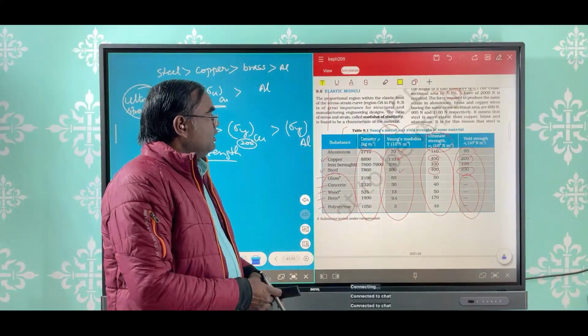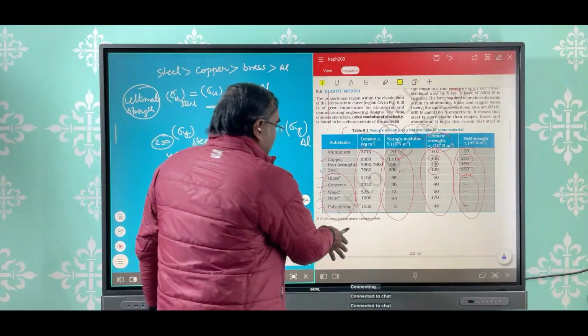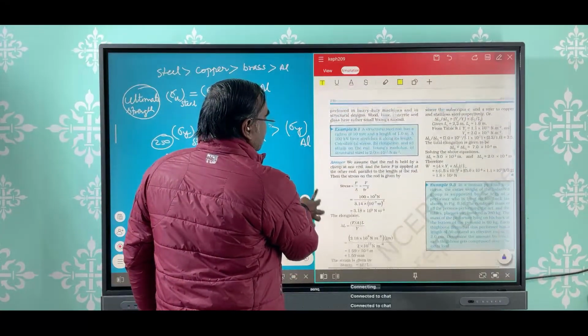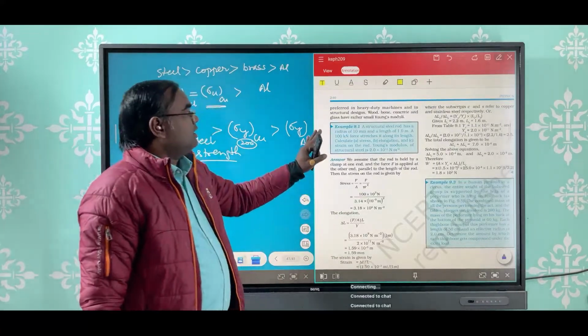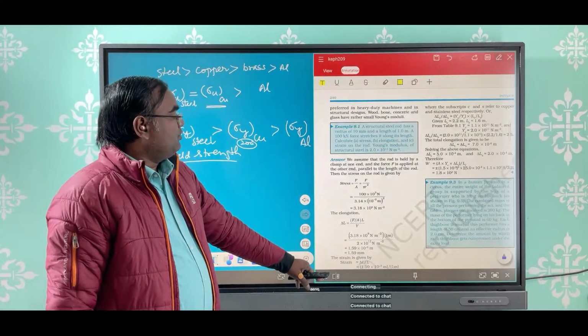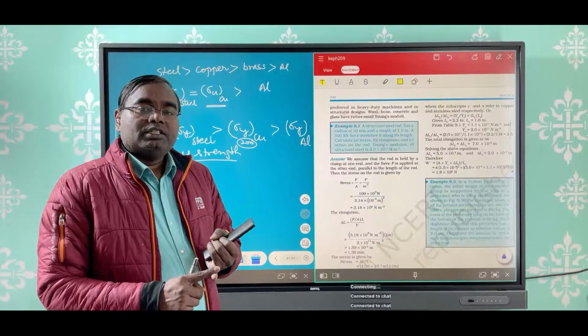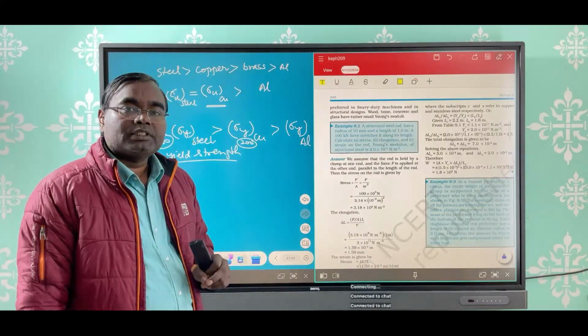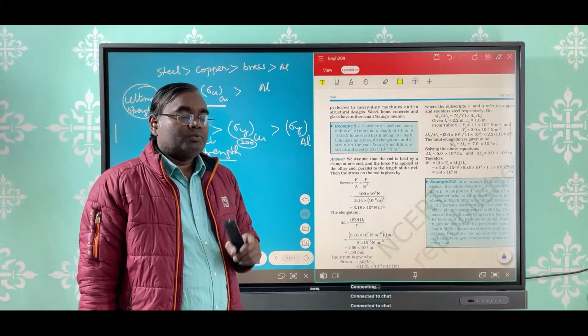तो इस वीडियो में इतना ही, क्योंकि लेक्चर लंबा हो जाएगा। अगले में हम न्यूमेरिकल सॉल्व करेंगे, और फिर मॉडुलस ऑफ रिजिडिटी और बल्क मॉडुलस नेक्स्ट लेक्चर में डिस्कस करेंगे।